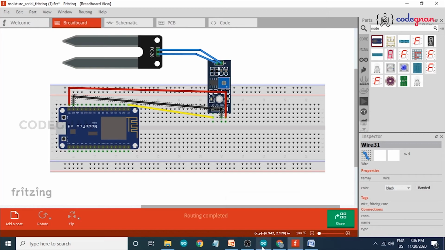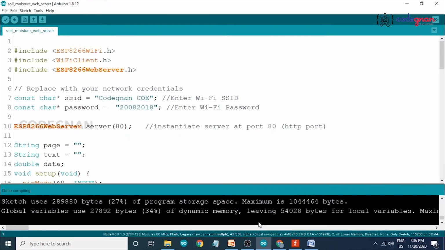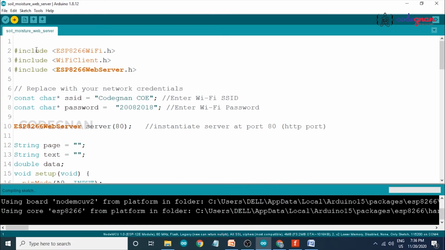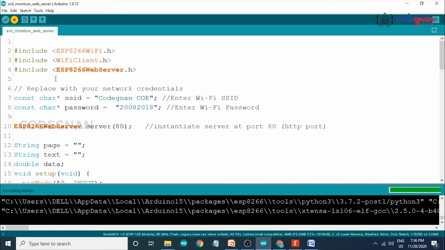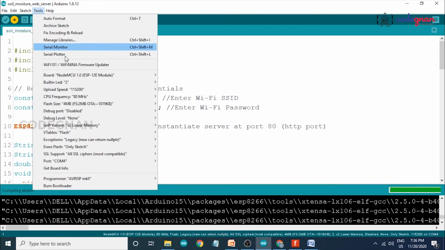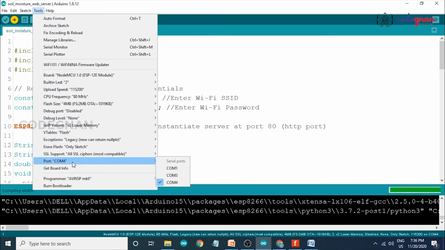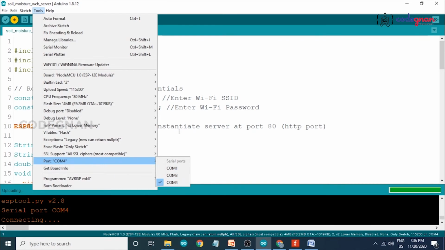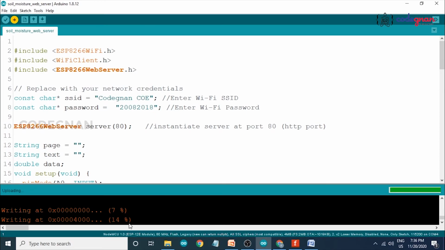Now coming to our soil moisture program, upload our program. Before uploading, check once under Tools, your board, and select your COM port which is allocated to your computer. It's uploading.